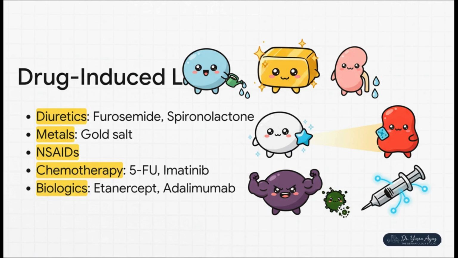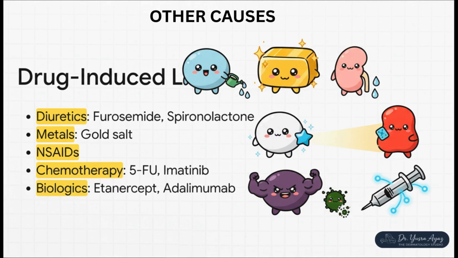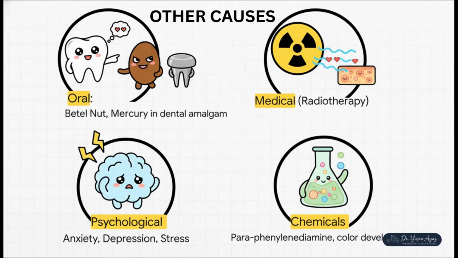there's this really fascinating kind of ironic twist. Even some of the advanced biologic drugs that are often used to treat other autoimmune diseases can trigger it. It just goes to show how incredibly complex our immune system signaling is. And finally, we get to this grab bag of other potential causes, things you would probably never even think of. For LP inside the mouth, triggers can be things like chewing betel nut, or even a reaction to the mercury in dental fillings. Radiotherapy can set it off. Psychological factors like stress and anxiety are also linked, and even being exposed to certain industrial chemicals can provoke a